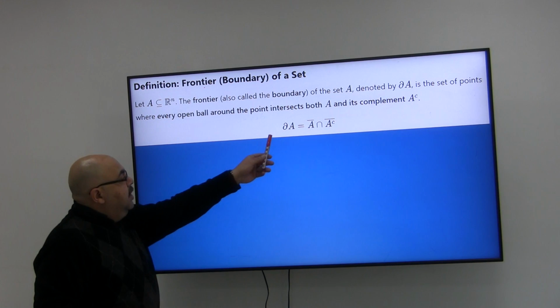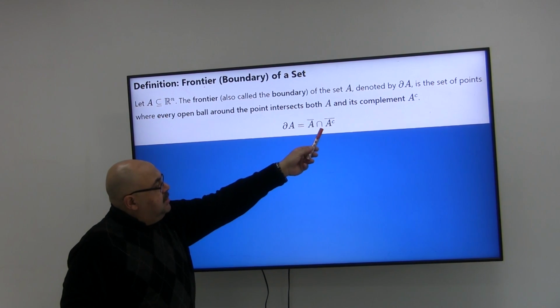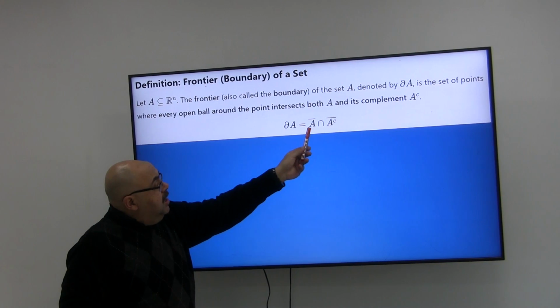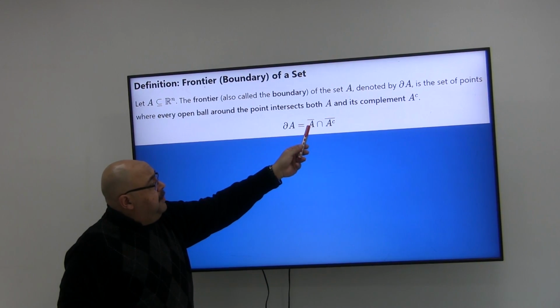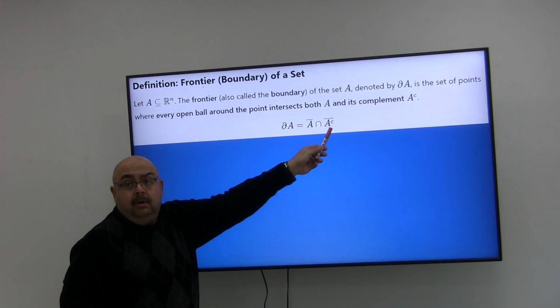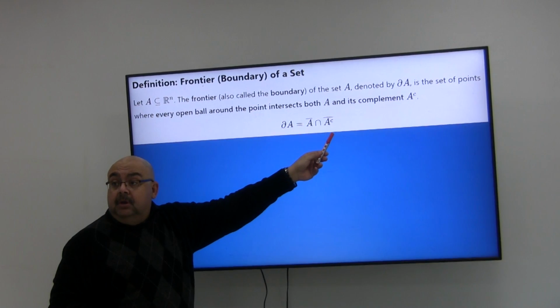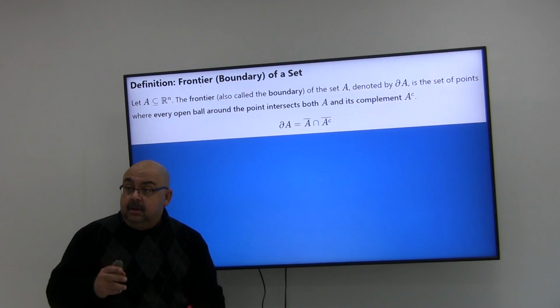So once more, the boundary is the closure of A intersection the closure of A complementary, وده الكلوجر بتاع الكومبلمنتري بتاع A. يبقى الباوندري